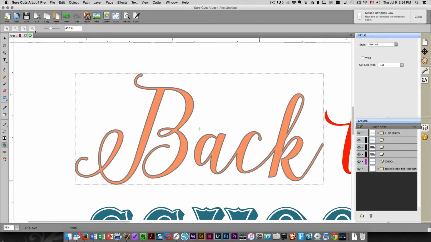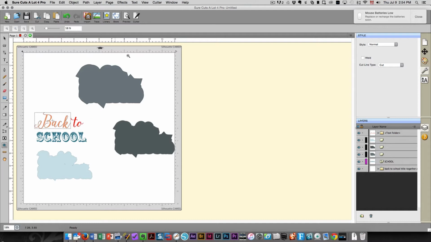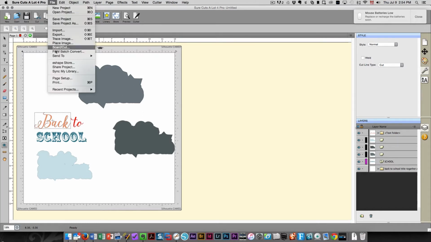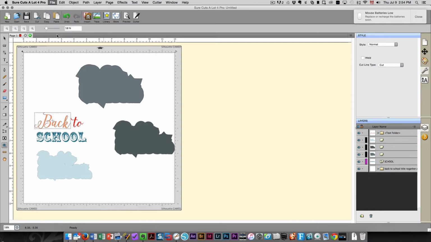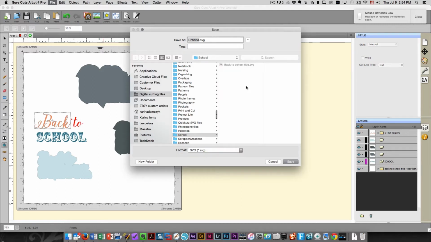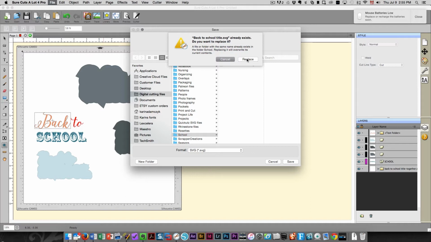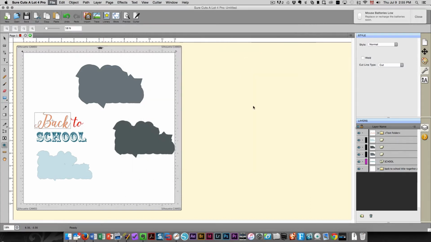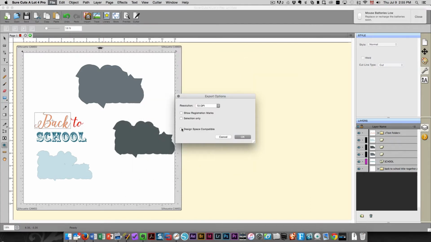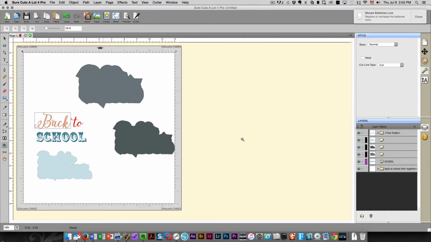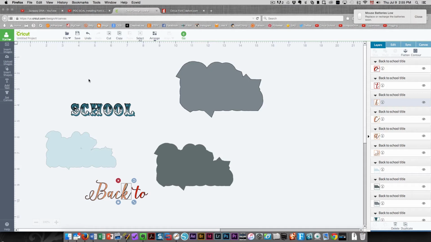So now when I go back to saving my file, I'm going to export, and I'm going to use the same name. I'll click replace, and I have to remember to check design space compatible. And now when I go back to design space,